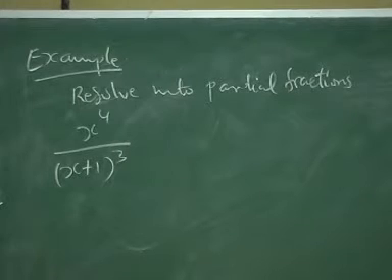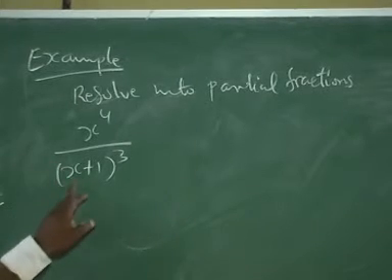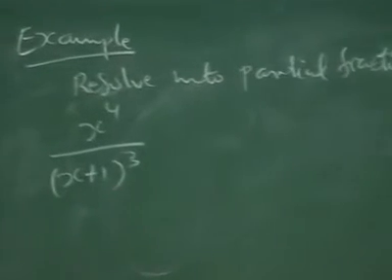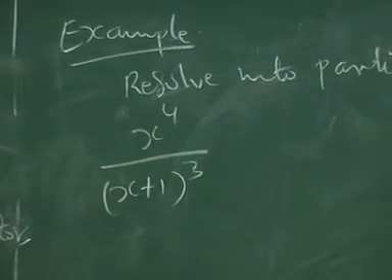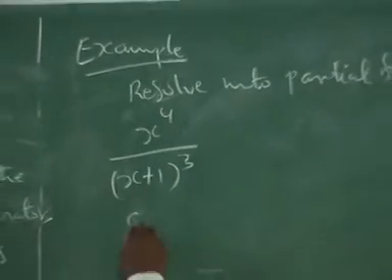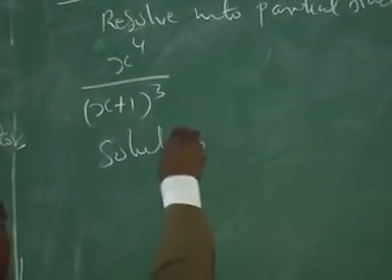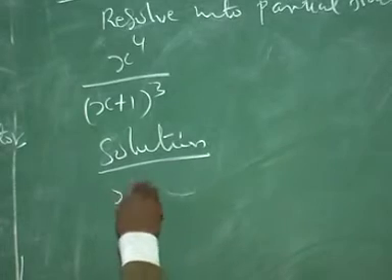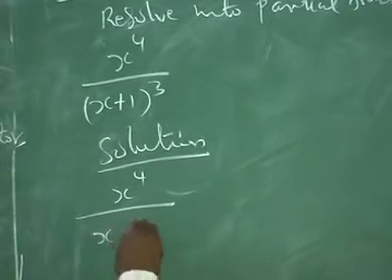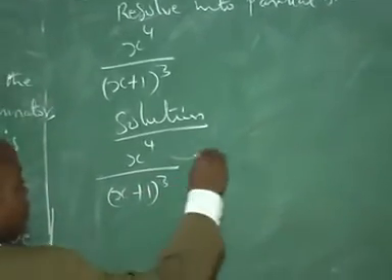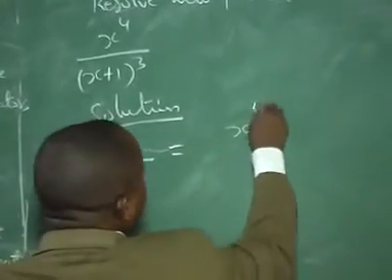Resolve into partial fractions: x raised to the power 4 all over (x plus 1) raised to the power 3. So we see that x raised to the power 4 all over (x plus 1) cubed can be written as x raised to the power 4 over